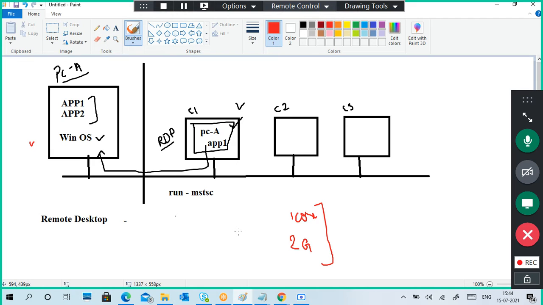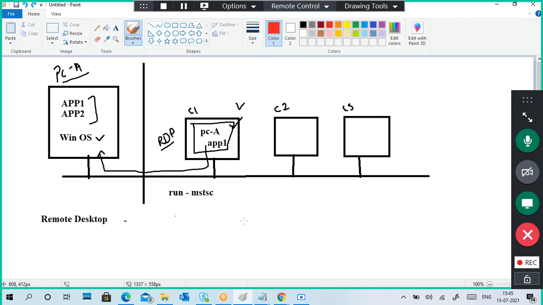When you are using heavy applications, the problem is you cannot run them on a weak PC. Lower capacity PCs cannot run them. So we can run them on a high capacity PC by connecting through remote desktop. These are the scenarios for remote desktop.